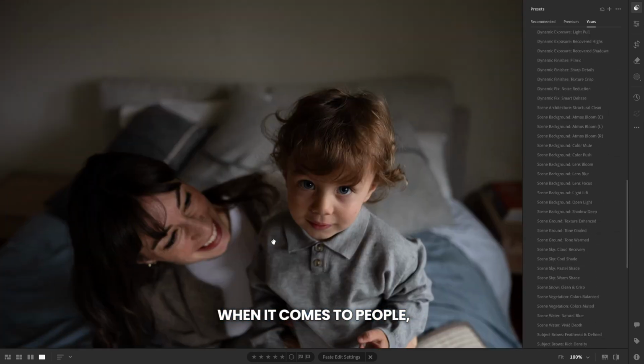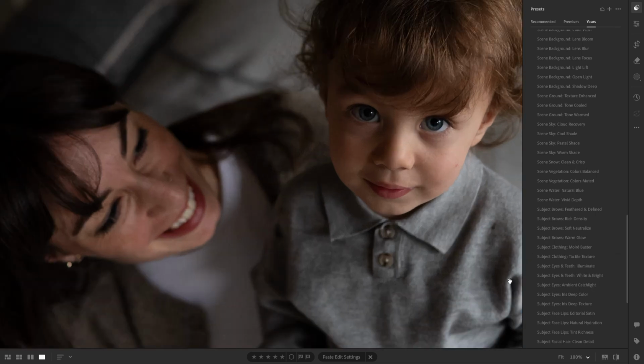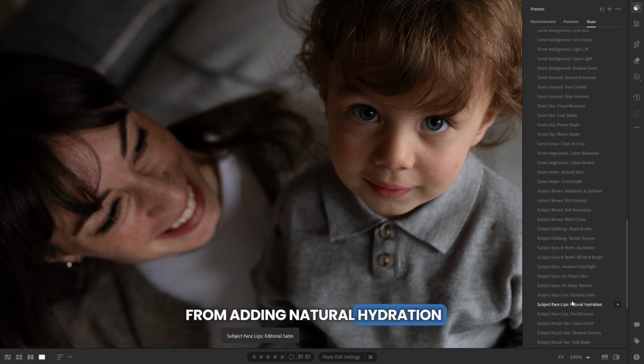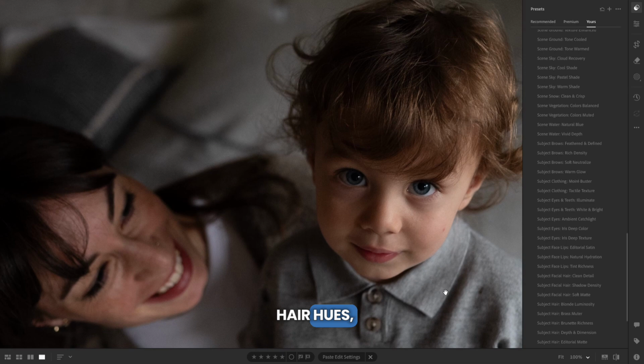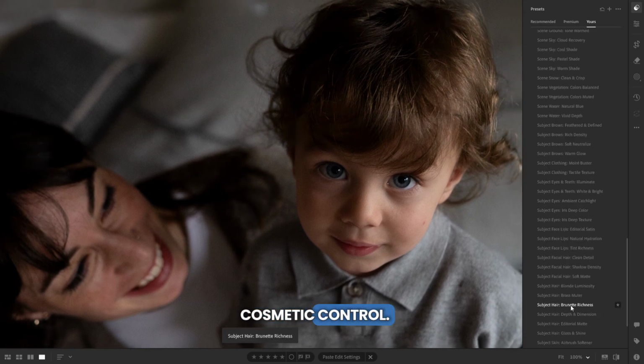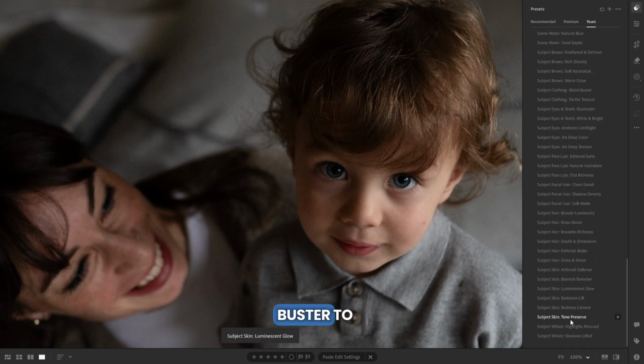When it comes to people, the subject tools offer unmatched retouching precision. The AI instantly isolates granular subject details, allowing us to independently recover subject highlights, add depth to hair, make iris catch lights pop, or clean up facial features. From adding natural hydration to lips, to feathering eyebrows and banishing dreaded brassy hair hues, it gives you complete cosmetic control. There are even highly specific lifesavers, like a frequency separation-inspired blemish banisher and a dedicated moire buster to instantly